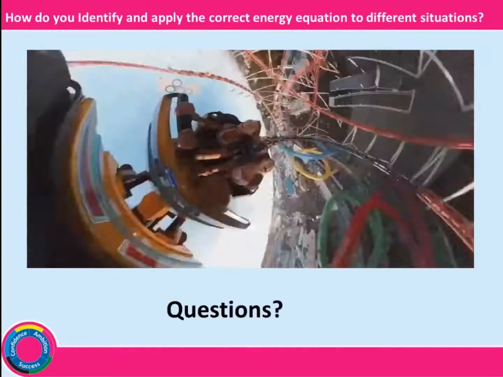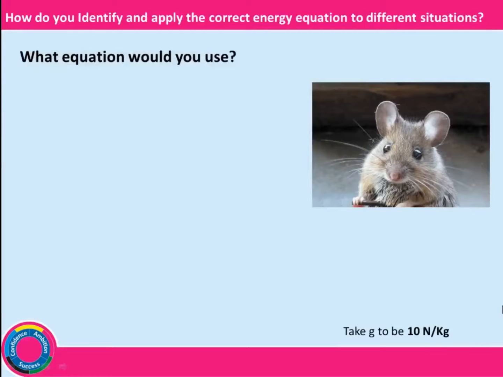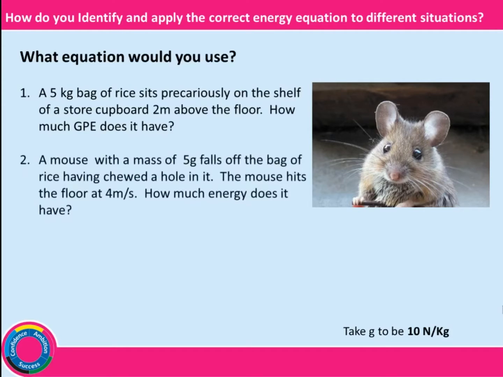Okay, well, let's look at some questions. And it's literally, what equation would you use in each of them? So, 3 questions here. We're going to take G to be 10 newtons per kilogram. Okay, a 5 kilogram bag of rice sits precariously on the shelf of a store cupboard 2 meters above the floor. How much gravitational potential energy does it have? A mouse with a mass of 5 grams falls off the bag of rice having chewed a hole in it. The mouse hits the floor at 4 meters per second. How much energy does it have? Finally,